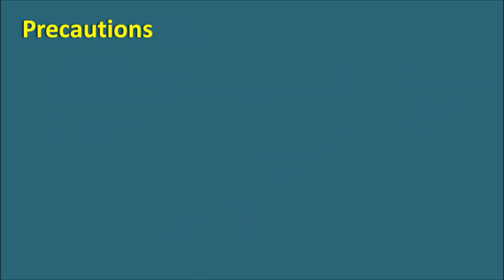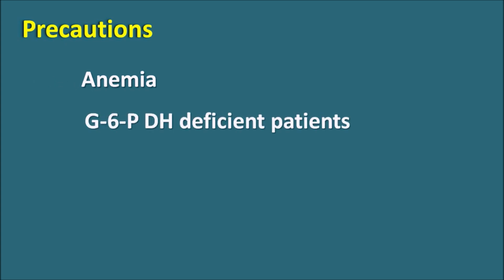What are the precautions? This drug should be carefully given in patients who have anemia as well as glucose 6-phosphate dehydrogenase deficiency. These patients may have hemolytic anemia because of the lack of the glucose 6-phosphate dehydrogenase enzyme. And in case of porphyria, where the hepatic enzymes are induced to produce more porphyrin. All these conditions can decrease the oxygen carrying capacity, which can be further worsened by nitrofurantoin. So nitrofurantoin should be carefully given to patients having anemia, hemolytic anemia, as well as porphyria.